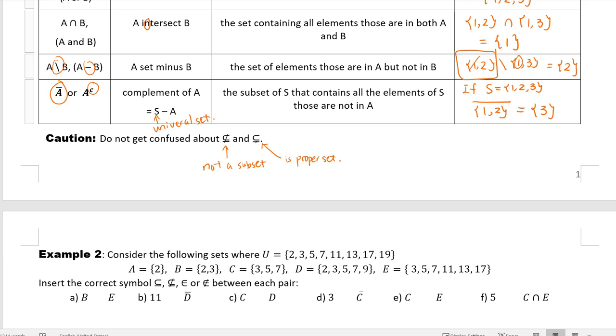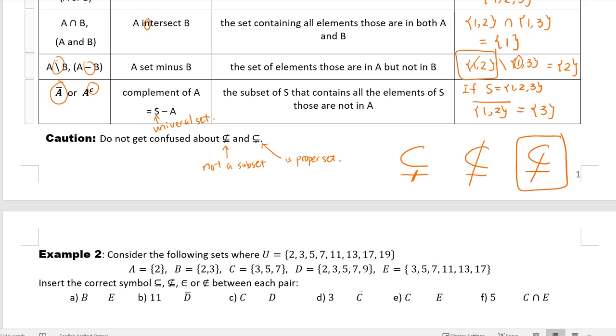So don't get confused about those two. When you write your solutions in your homework or exams, please make sure your handwriting is good enough so that I can see. You either put the cross right here or you put the cross all over,